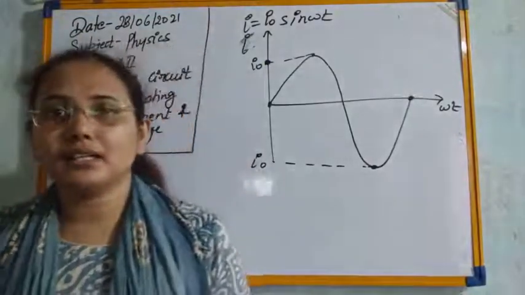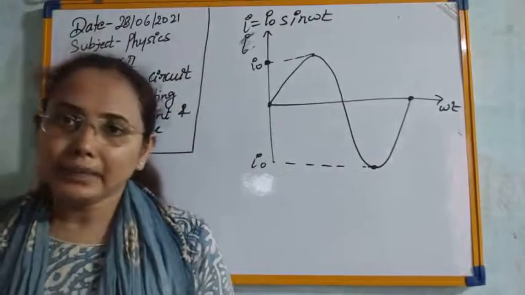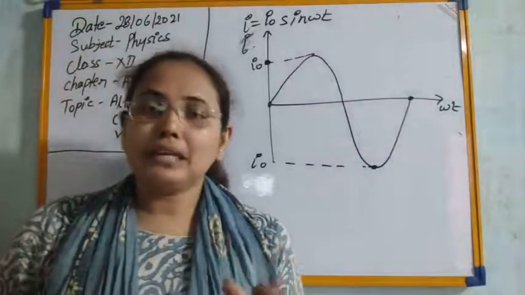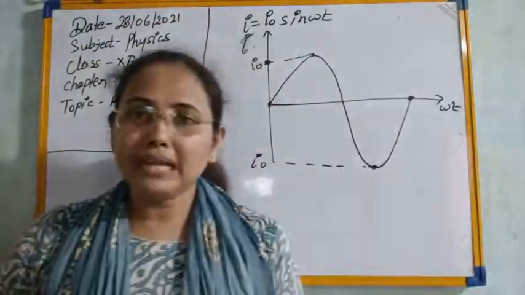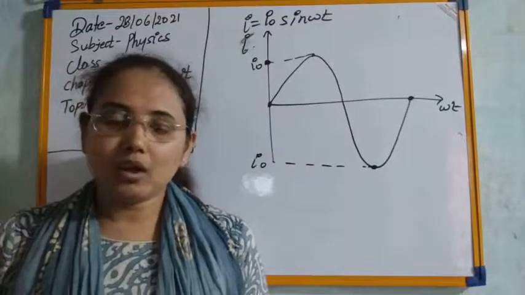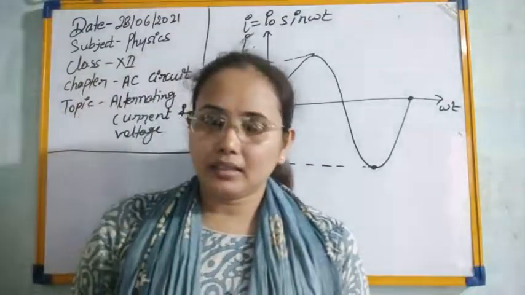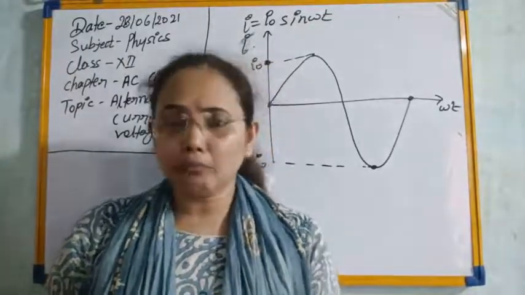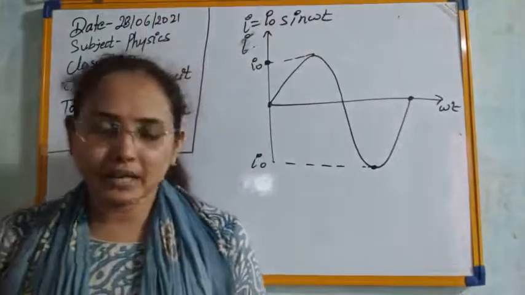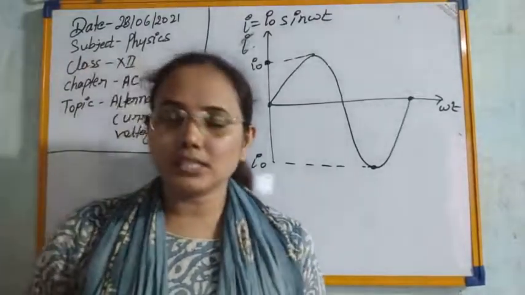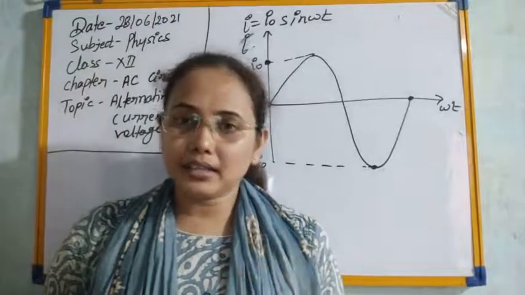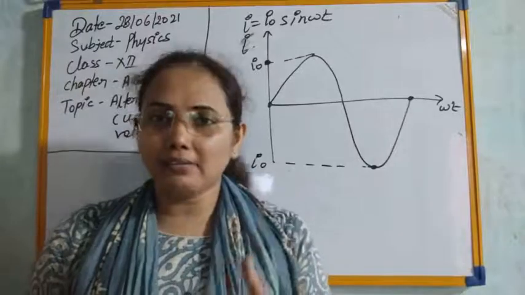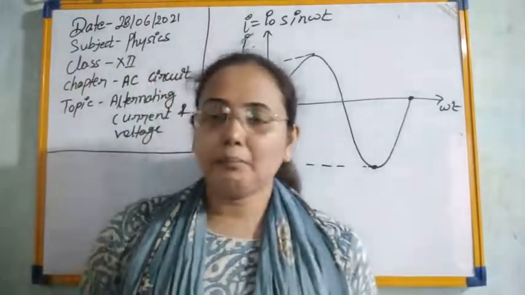The second thing we need here is the time period of the circuit. As you know, the time period is the time taken to complete one rotation or one complete cycle, by any wave, any particle, any body. That is known as its time period. Like if the earth is revolving around the sun, then the earth takes 365 days and some hours to complete one revolution around the sun.